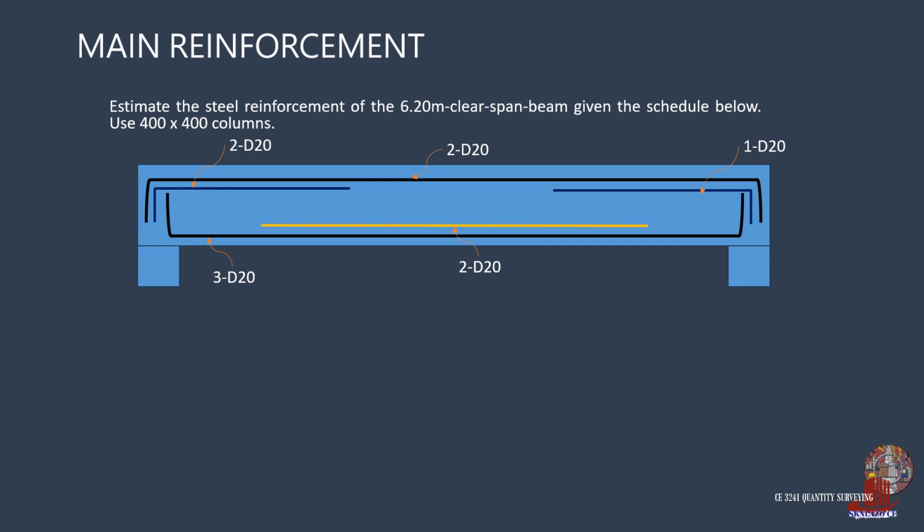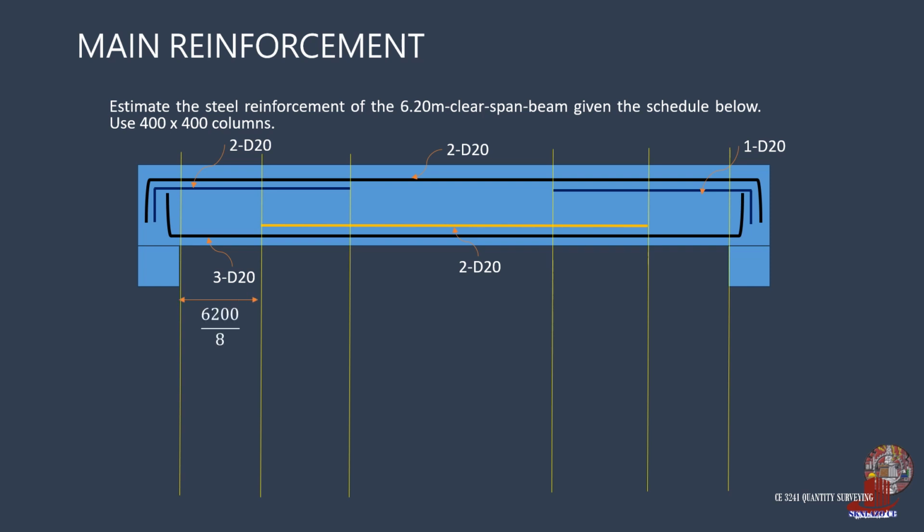After learning about the location of the cut bars, identify the number of bars in each span so it would be easier to determine the number of intersections for the tie wire later. From the left column, the first span is measured as an eighth of the clear span, and this is computed as 775 mm. This span is free from the mid-span bar. The second considers the length of the top support bars, which is taken as a third of the clear span in reference to the ACI standard.